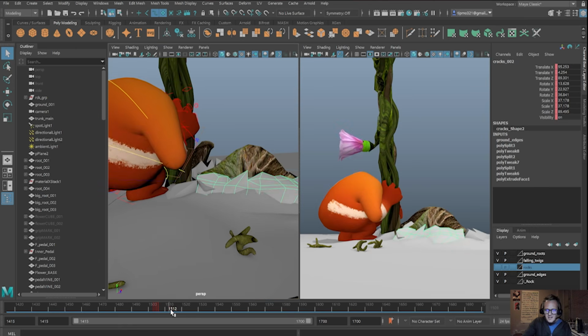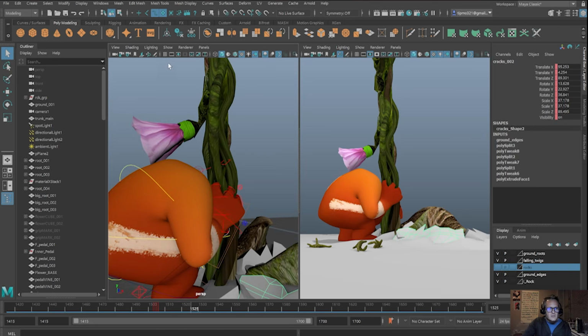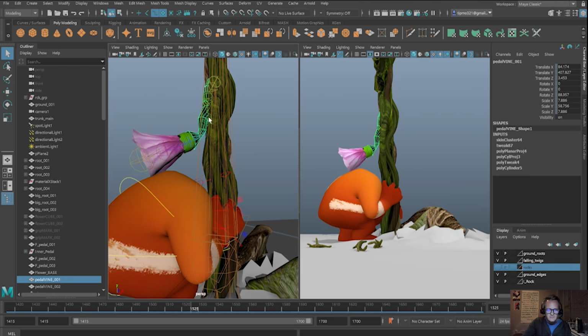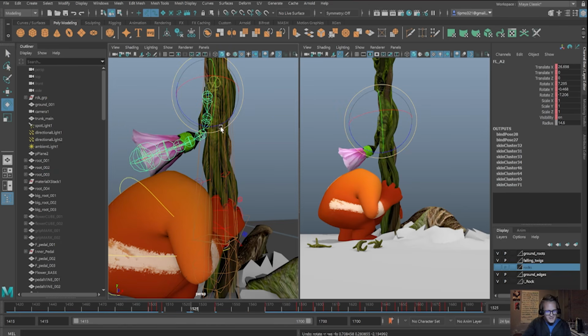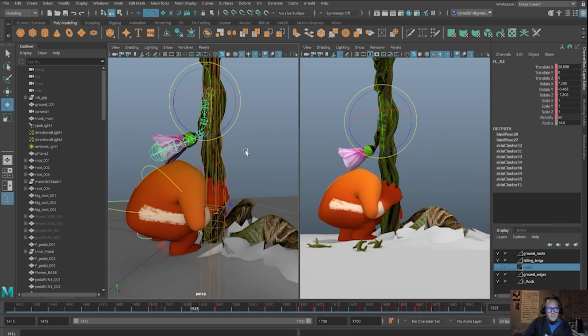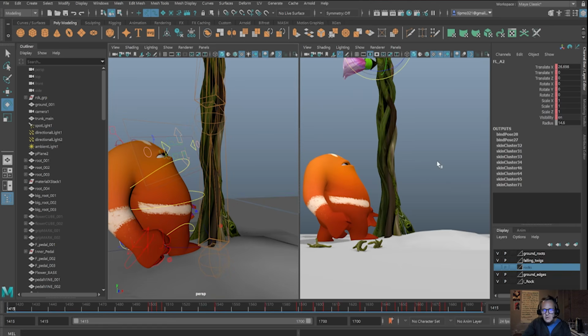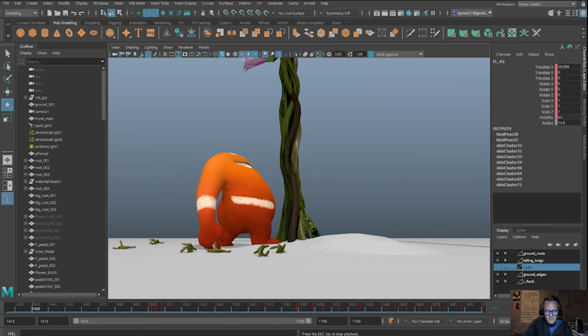So, he yanks it down, and I've also done some secondary action right here with the flower. Let me just deselect this. It's all joints, so it moves very, very basically. No IK. Because of that, with this particular clip from the film, what I usually did was animate the flower first, because when it comes to adjustments, it's a lot easier to do so with IK, which this character has, but once again the flower does not. So if I let this whole thing play through, then he yanks down on it,